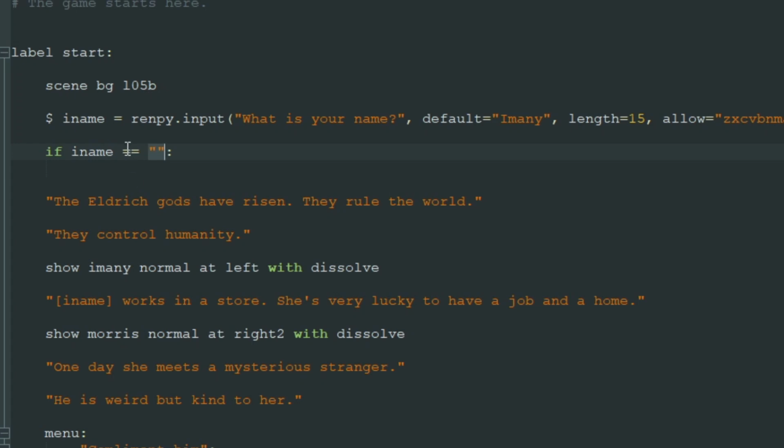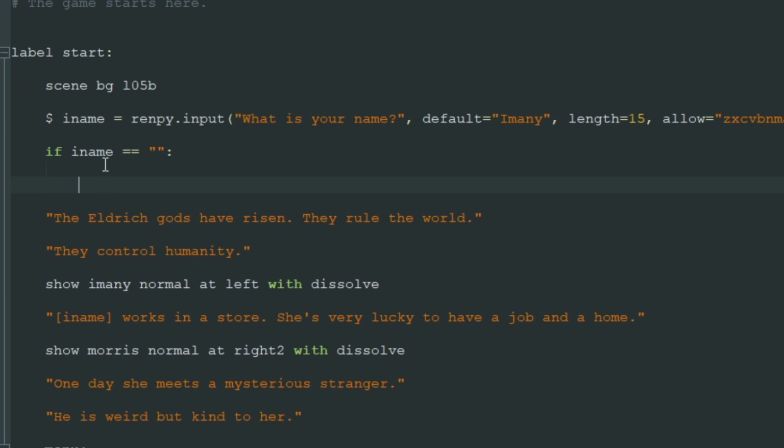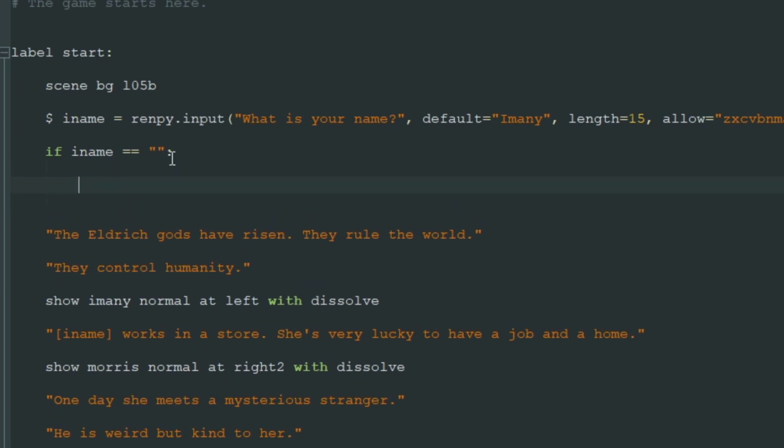And I think you remember that when we check if something equals something, we must put two equals signs. And if the player left the character's name empty, then we put $ iname, and we put Imani inside